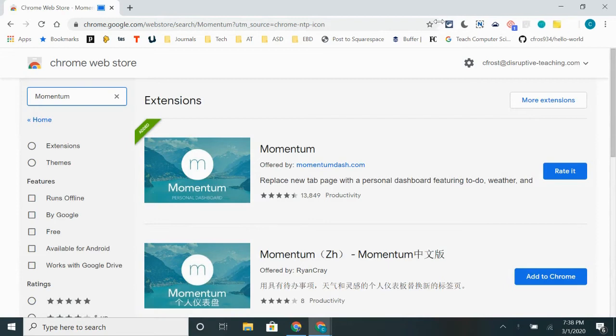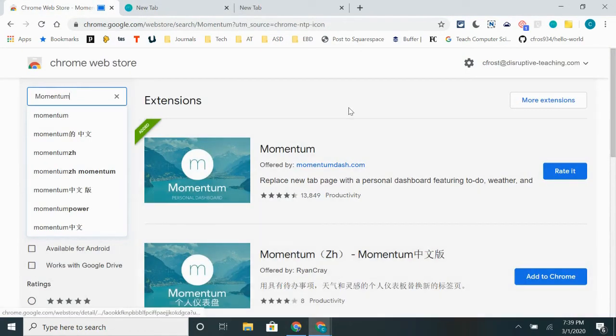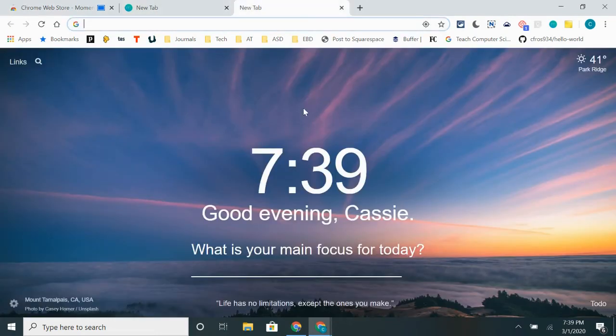Once you have added this extension, it is going to look like this on your toolbar. It is a pretty little M. When I click on Momentum, it's going to open up a new tab for me each time. You are going to see on the tab when you open it, it's going to have a different background. You're going to see what Momentum does is changes the background of each one of your new tabs to the